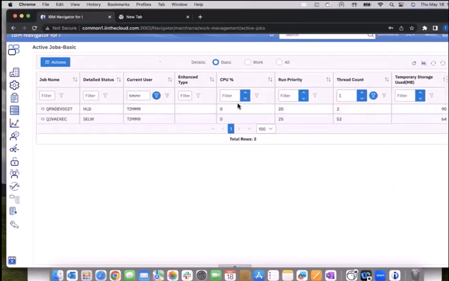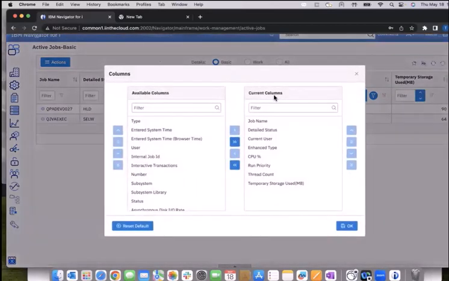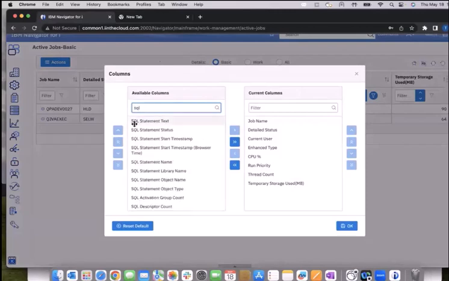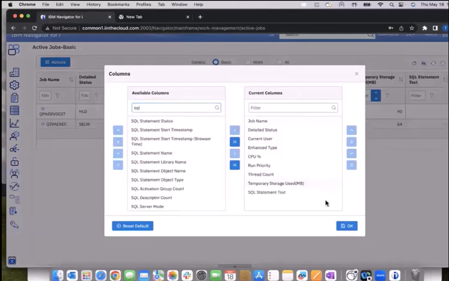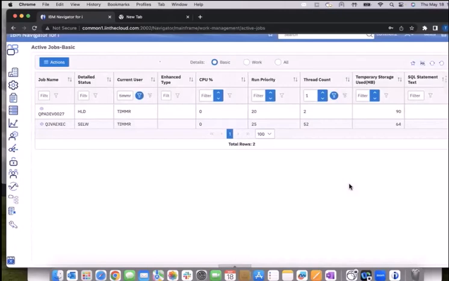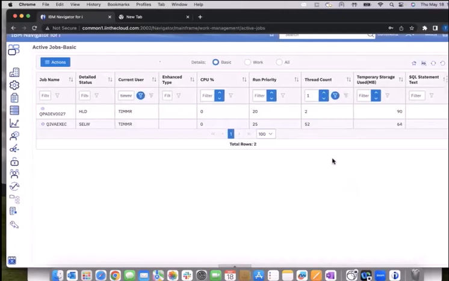So I've got 2 filters here. That's kind of nice. If I scroll over, I'll click on this guy here. I want to go see my SQL statements. So there it is. I'm going to toss this one over. Now you may notice that right now I don't have an SQL statement showing for either of these jobs. Why is that? Because I am showing you my work active jobs using the basic